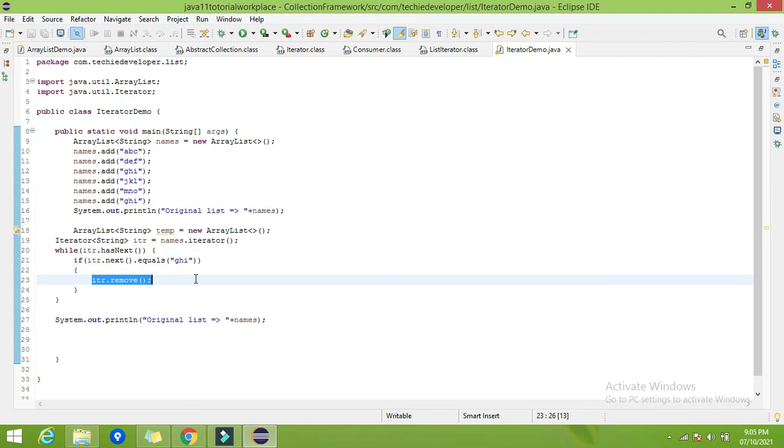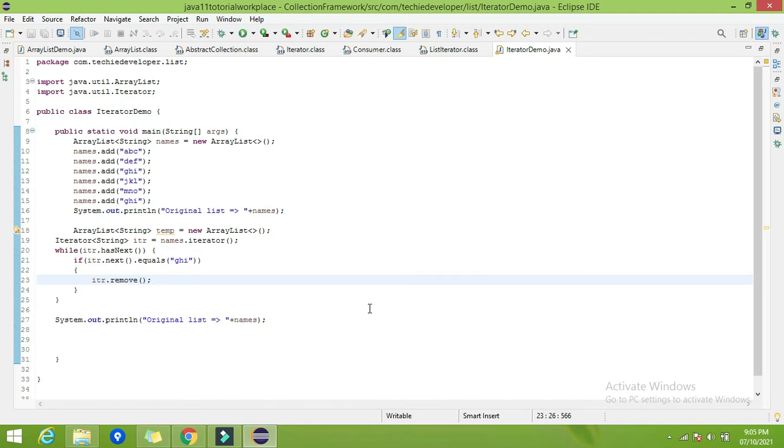You may have a question: why doesn't the iterator have a method called add, similar to remove? Why isn't the add method available in the iterator? So I will tell you why. Iterator works on a mechanism called fail fast.